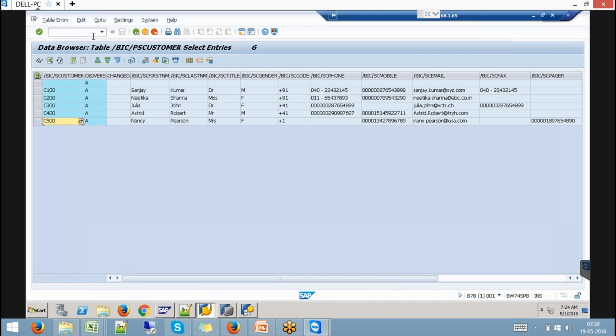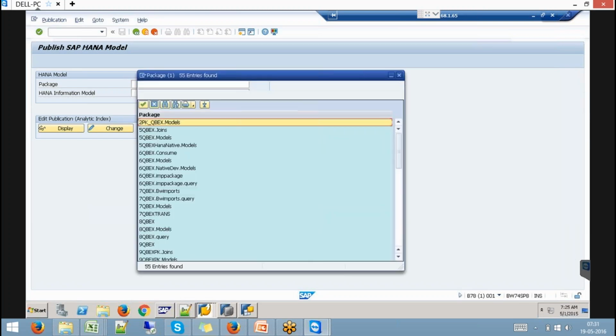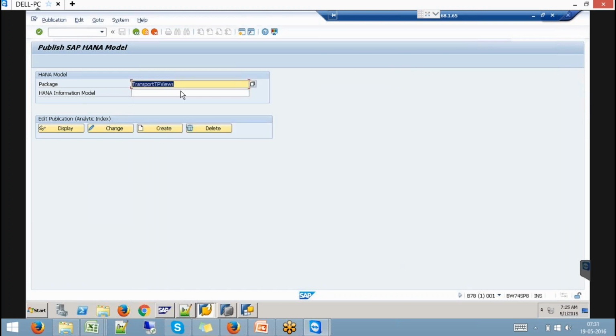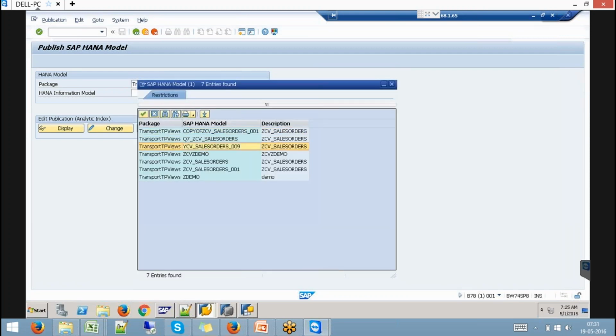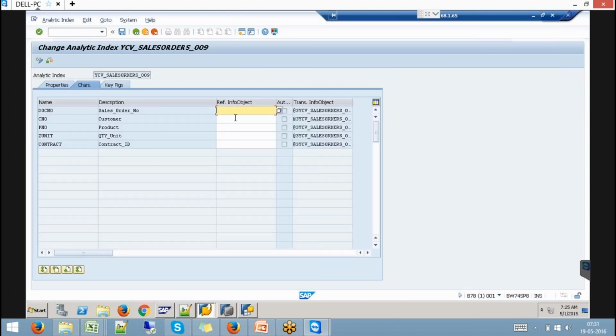So how can you do this? This is my S customer info object. If you go to this publish, if you go to the change characteristics, then you see something called reference info object. So for this CNO field, I would reference that with S customer.